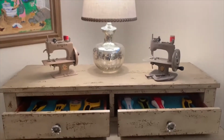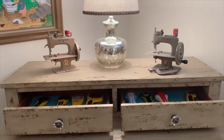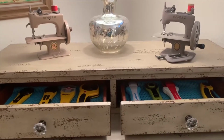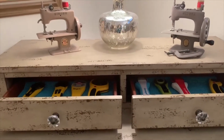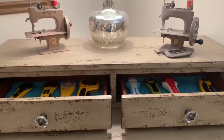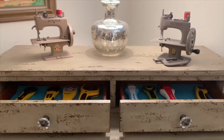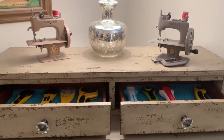Here is the other dresser in the other corner of the room. And in the top two drawers there are my rotary cutters. I have a rotary cutter that I just use for paper and for cutting the foam board, that I kind of mark so I don't use it for my fabric. And then I also have one with little pinking shears on it,